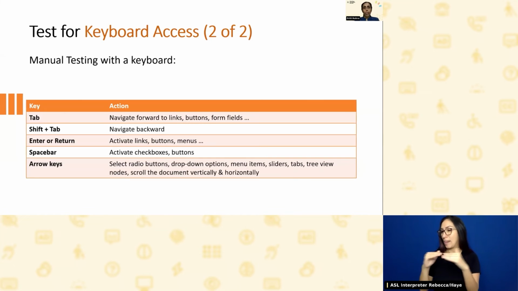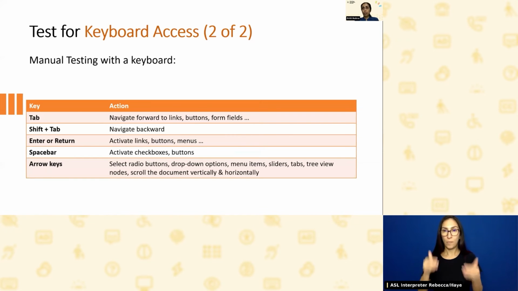When we talk of testing manually, yes, with a keyboard, whether you're using Windows or Mac or any other operating system, use Tab to navigate through links, buttons, select drop-downs, text areas, tree views, sliders, and so on. Pressing Tab will take you in the forward direction.